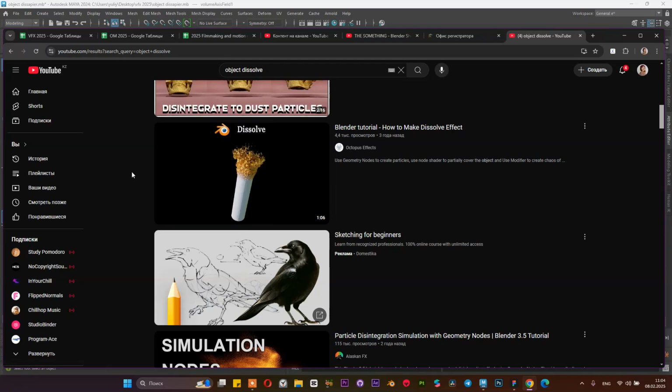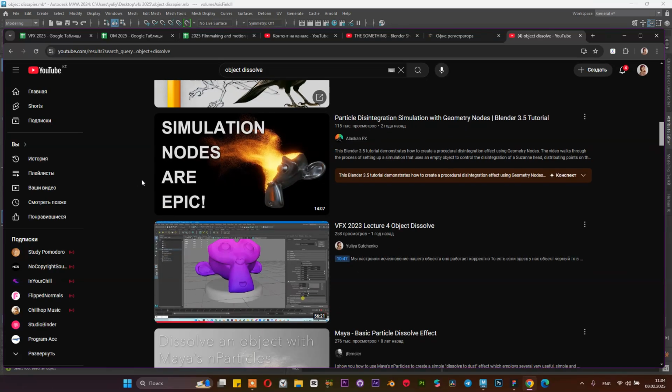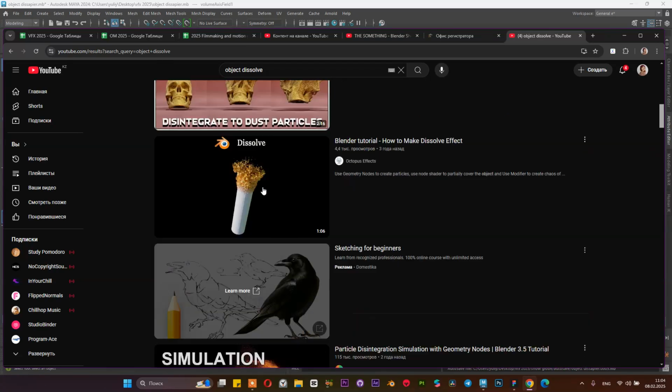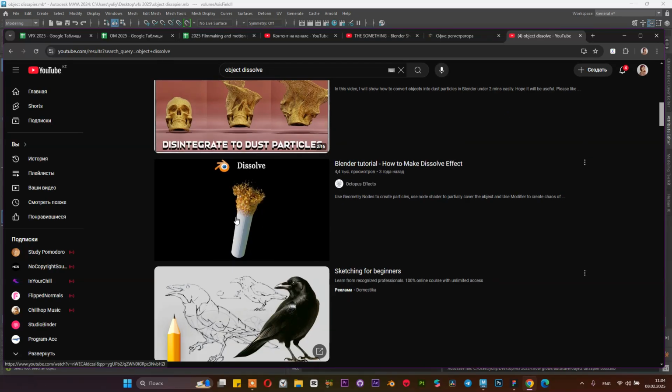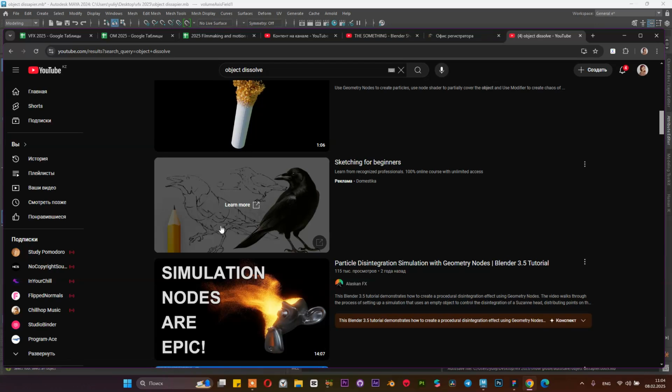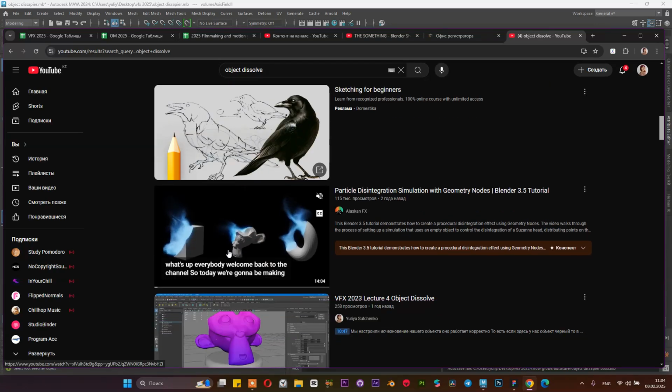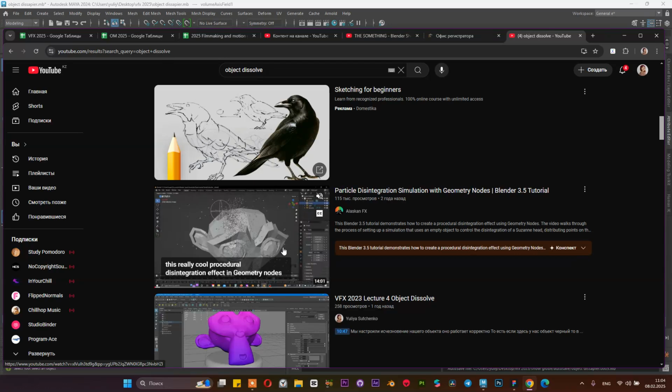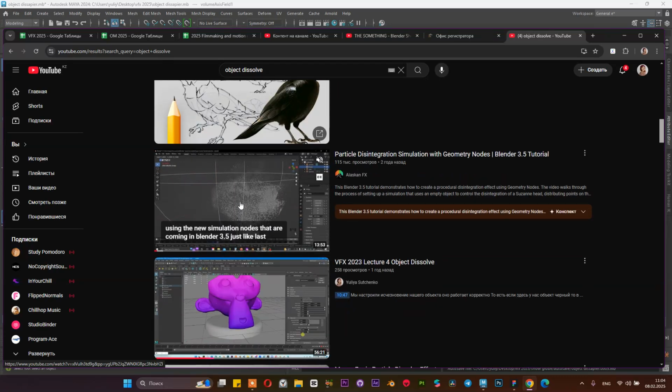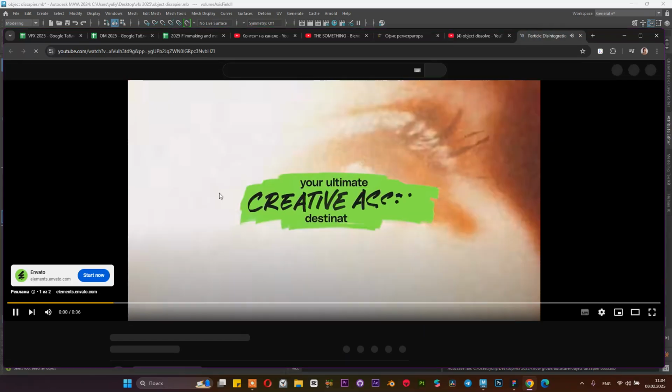And also for dissolving an object, there is not only particle dissolve we can use, we can also use a cloth effect for dissolving. We can divide our subject into pieces, and by using a cloth effect it's also possible to make the object disappear. But there are also some different interesting effects you can do in Blender. Some of you who use Blender can use this tutorial for a disappearing effect, and you can also create some interesting composition